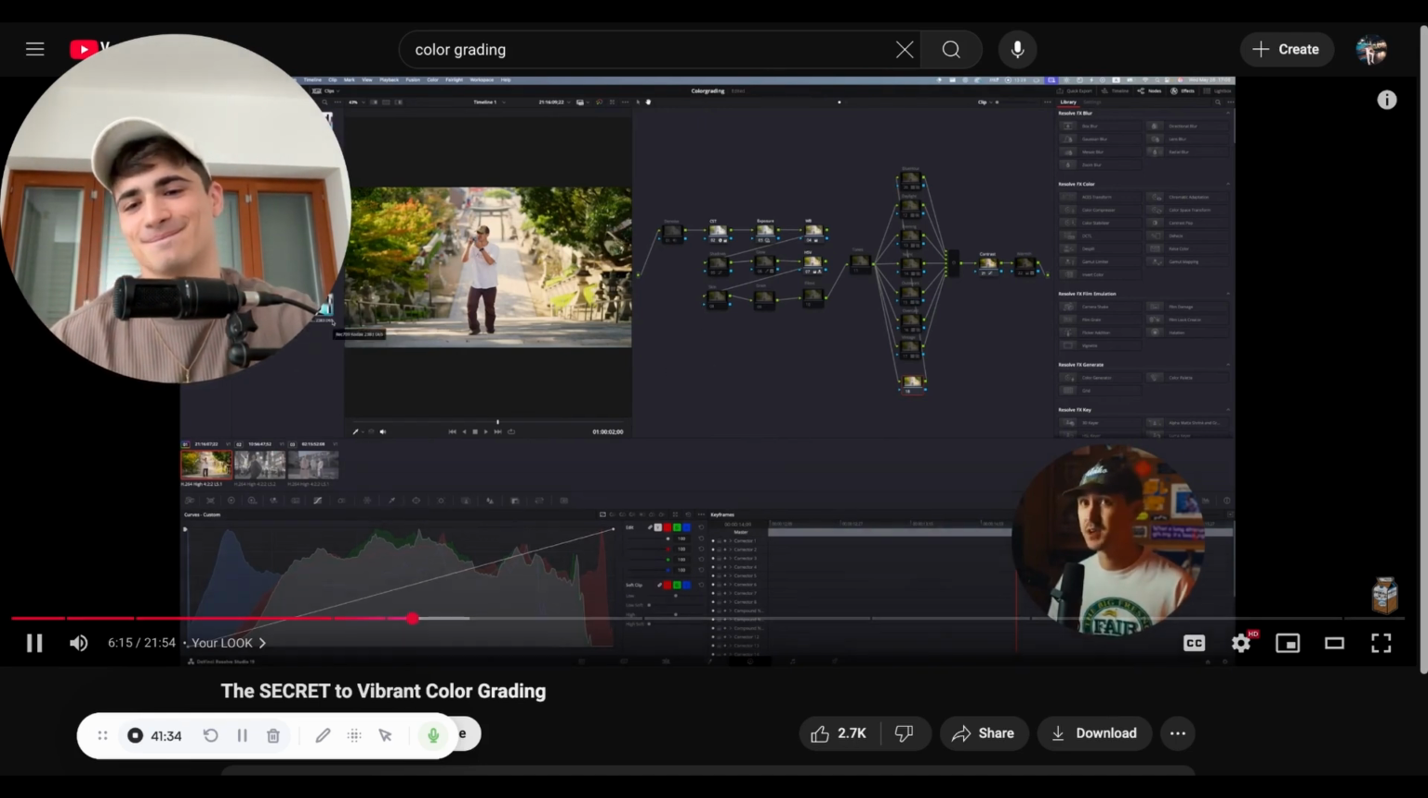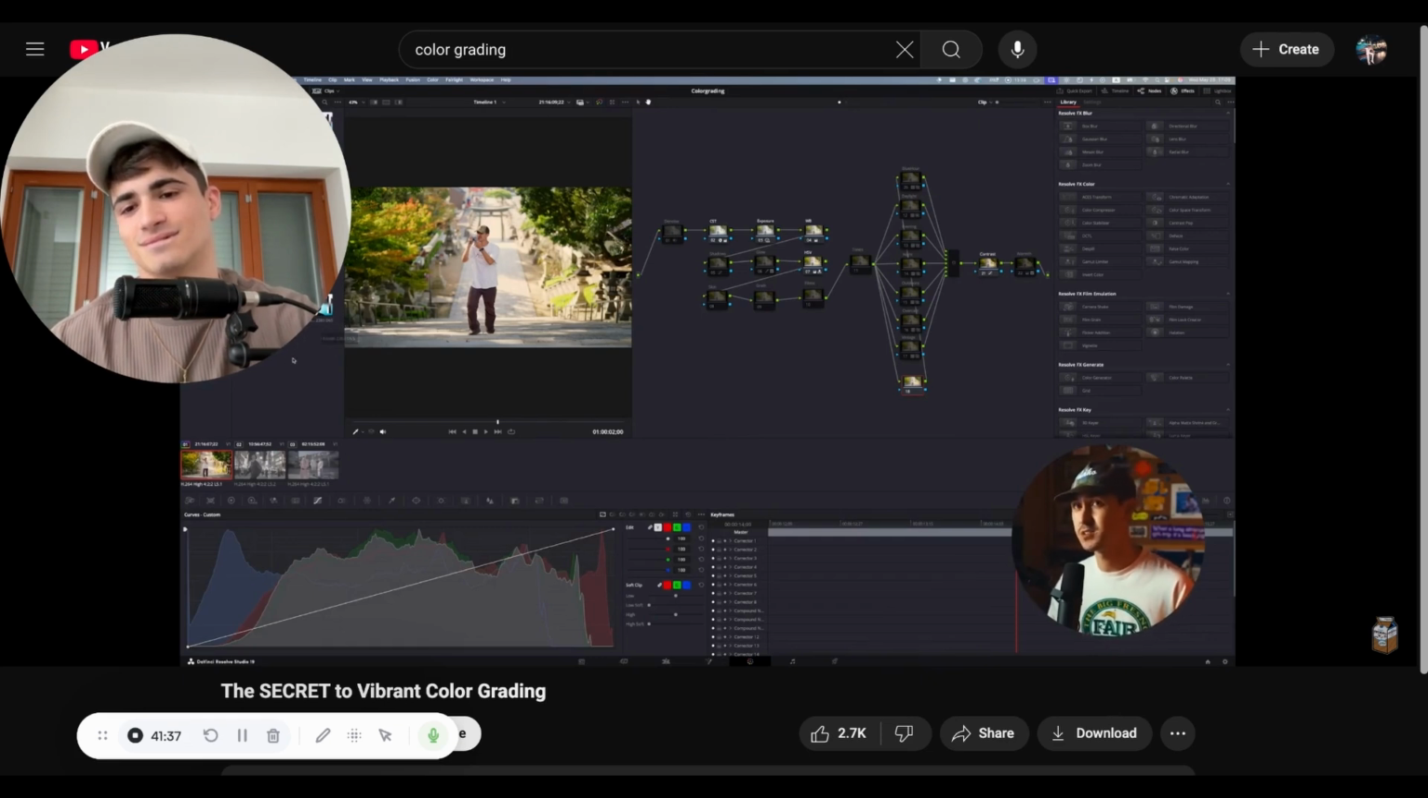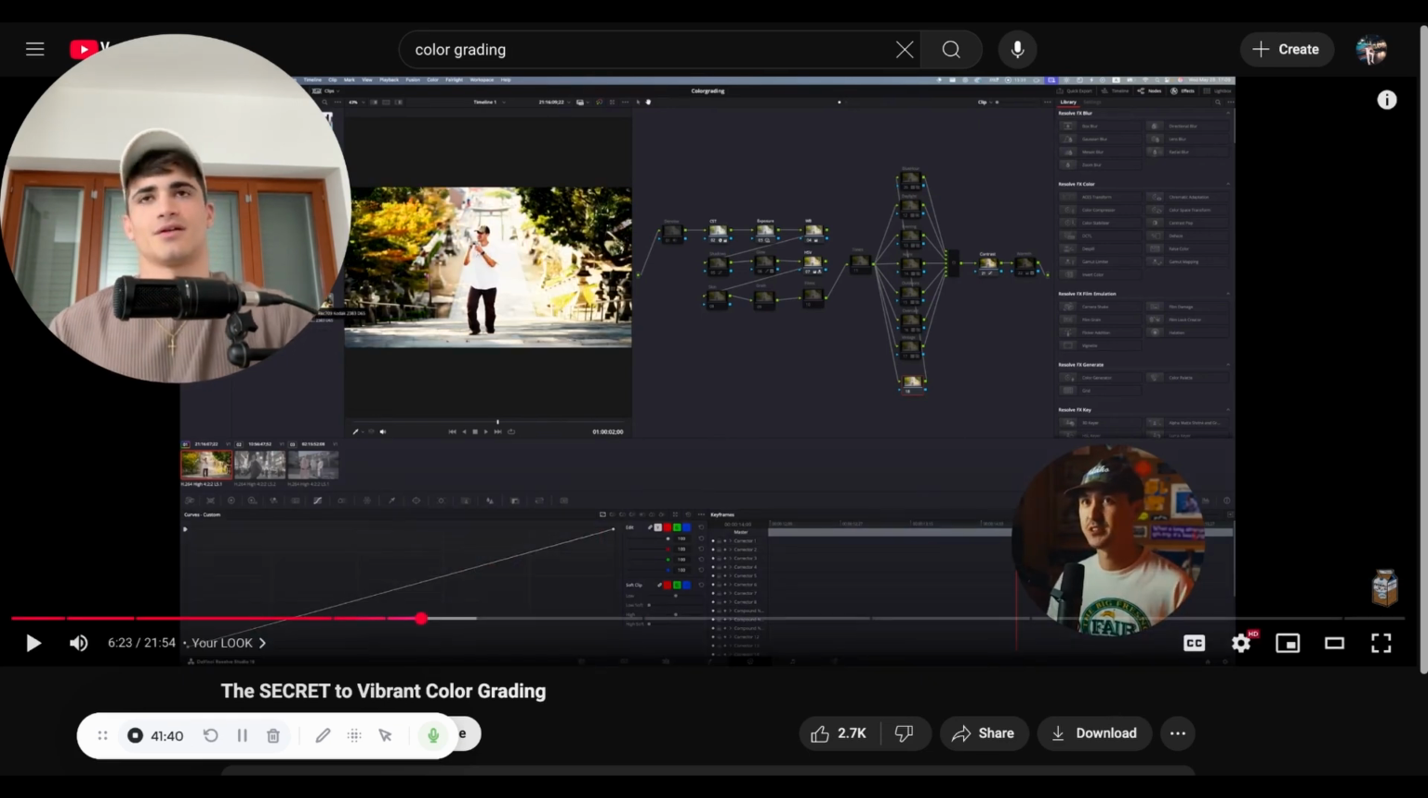You don't necessarily have to use my LUTs for this step. You can use other LUTs that you download, but the LUT is just where it gets you a little bit closer to that filmic look. For this example, let me just go ahead and use